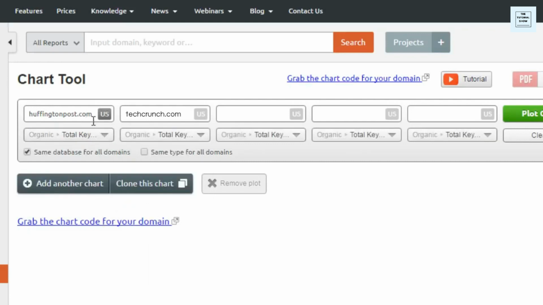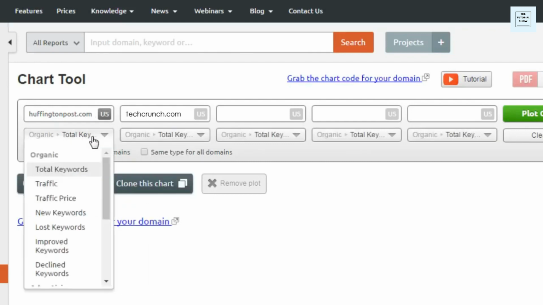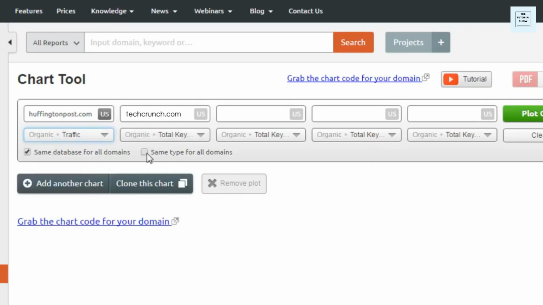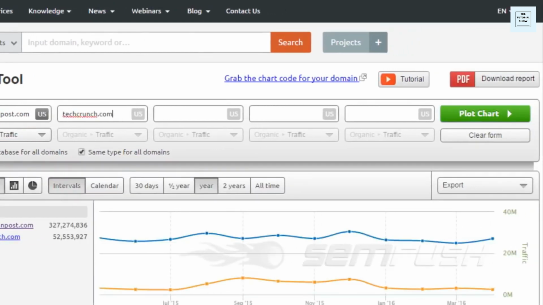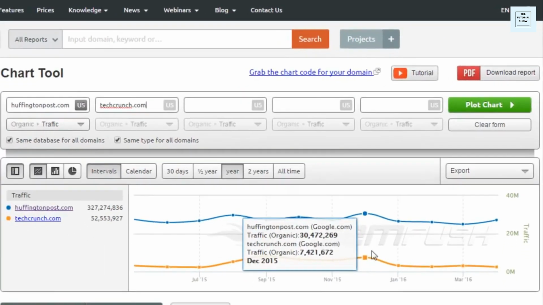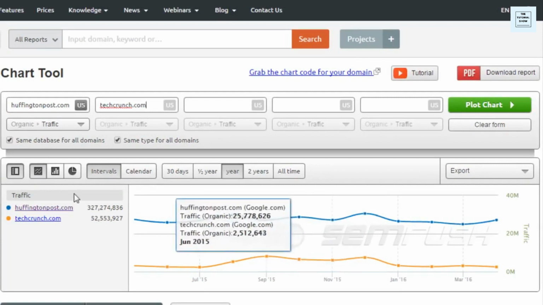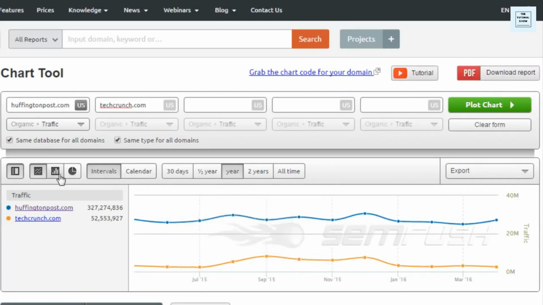So let's say, for example, you want to compare one particular site to where they are ranking organically and where they are ranking in paid search results and how much traffic is being driven. Then you can create all of that here in one chart. So let's say I want to look at traffic numbers for these 2 websites. So I'm just going to leave it as the same type and click Plot Chart. So as you can see here, this is showing me how much traffic is actually being generated by these two sources. So you can clearly see which one's the larger site, but you can also change how this looks.